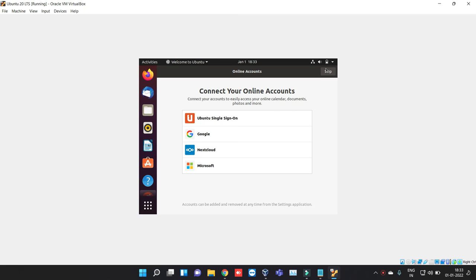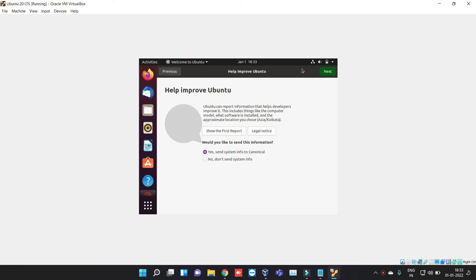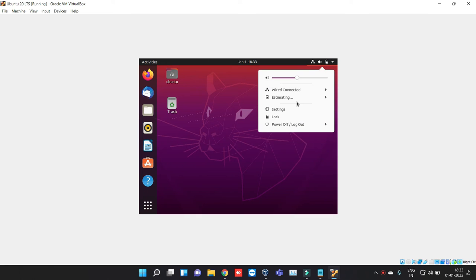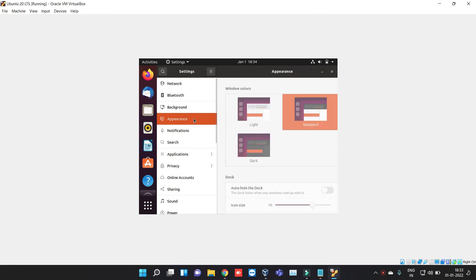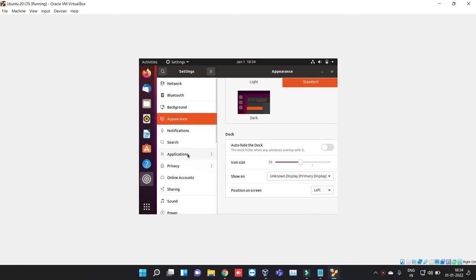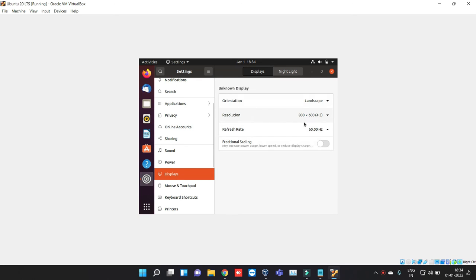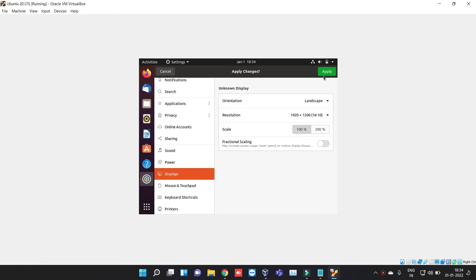So it's installed and this is the welcome page. Next, and click. Okay, done. Click on settings and click on appearance. Then click on display and select the resolution, then apply.